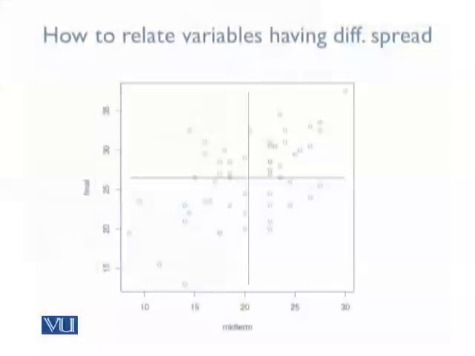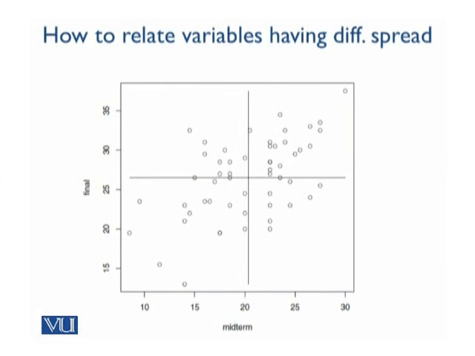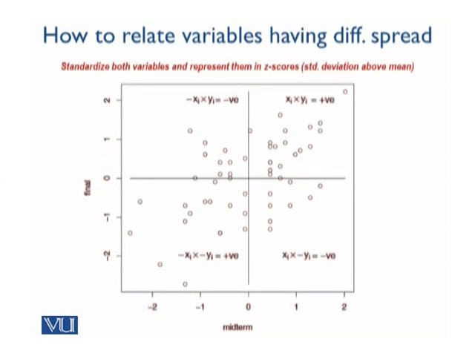And if that is not the case, you have weaker correlation, and the amount of correlation would depend on the relative ratios of these z-scores. You can see 4 quadrants in this graph. The center point is the point of the mean of both the variables. And on the left-hand side of the x-axis, you have values that are less than the mean. On the right-hand side, you have values that are higher than the mean. And similarly for the y-axis.